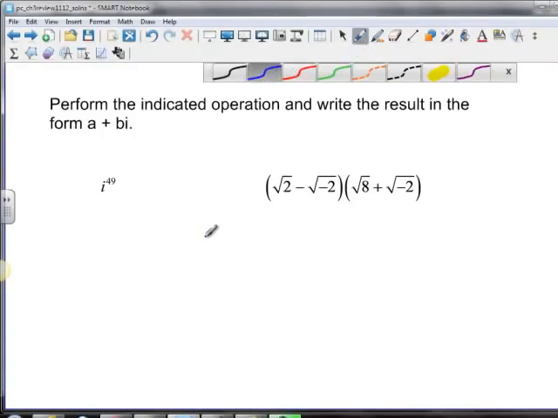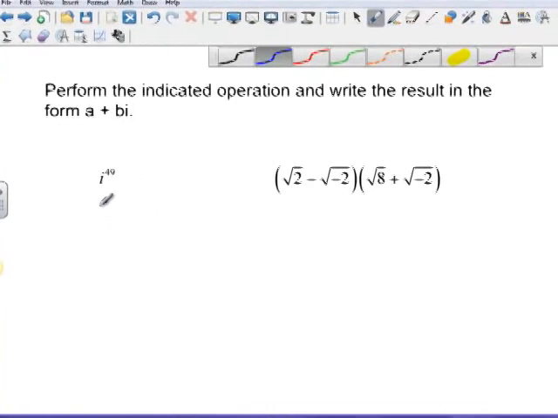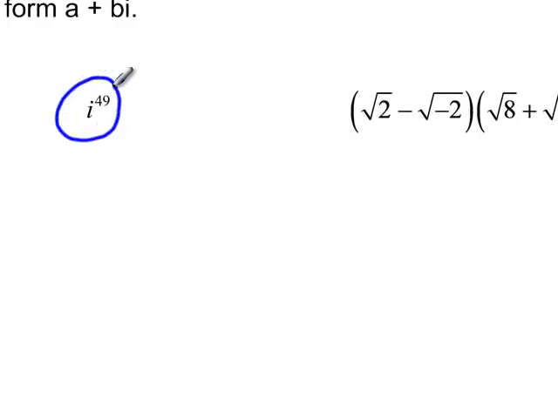All right, next set of problems. We got i to the 49th. We have to perform the indicated operation and write the result in a plus bi form. Now, anytime we have something with a big exponent like this, i to the 49th, i to the 123rd, it doesn't matter what it is,